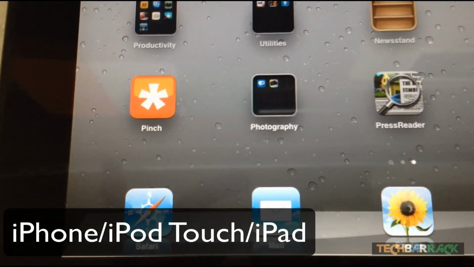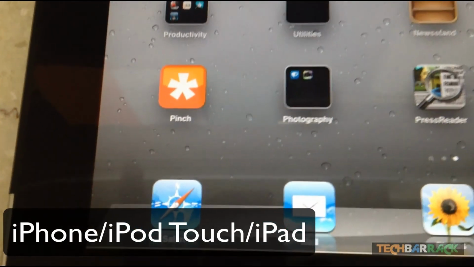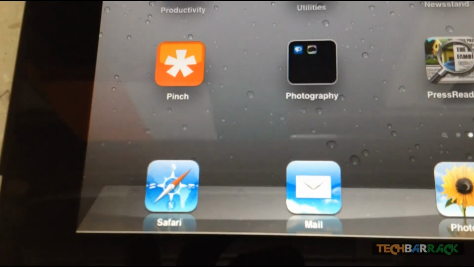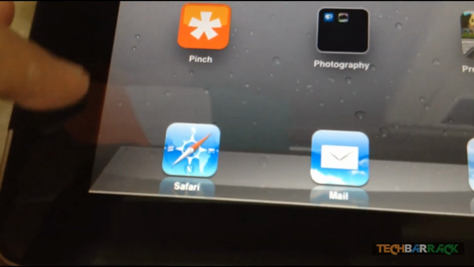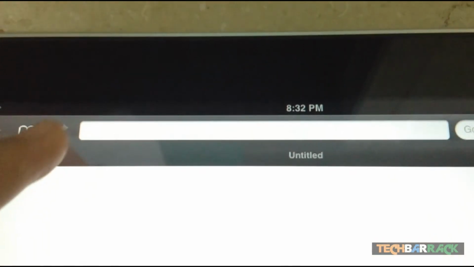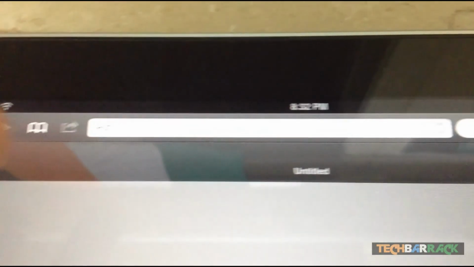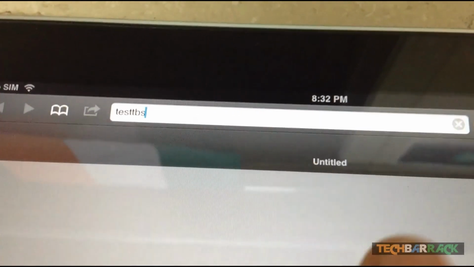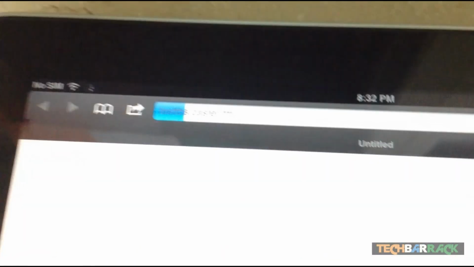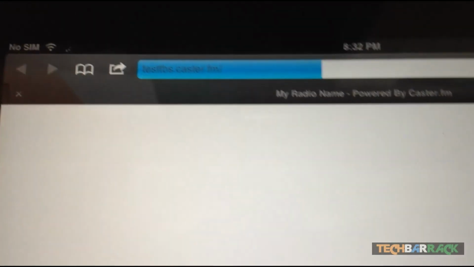Okay guys, so now we're going to stream our online radio, that is our caster.fm radio, which we made, on our iPhone or our iPad. It's very simple. Since iPhone and iPad don't support Flash, we're going to have something else to work around. Let's just visit the website first. Once you visit the link of your radio,